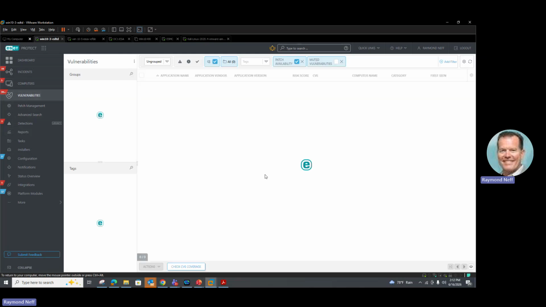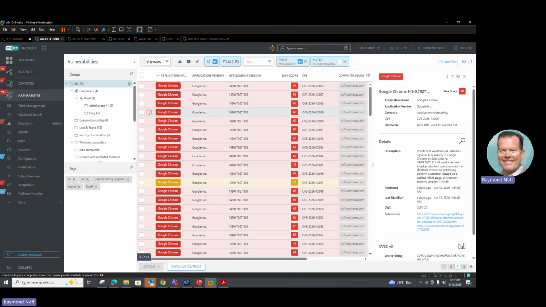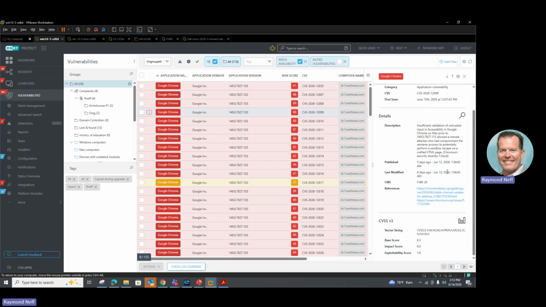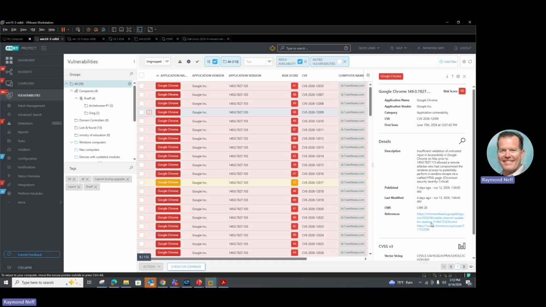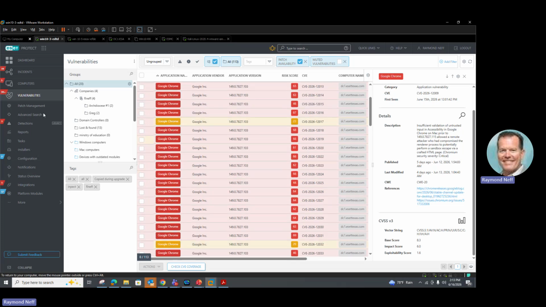Another thing about the vulnerabilities, any information you want to know about the vulnerability, you can just click on it. It gives you the link to it. It gives you that risk score, the higher it is meaning it's being used in the wild, those types of things. So this is our